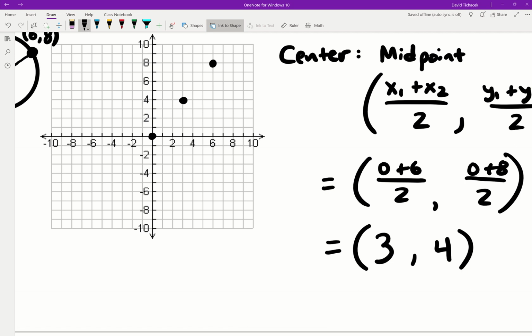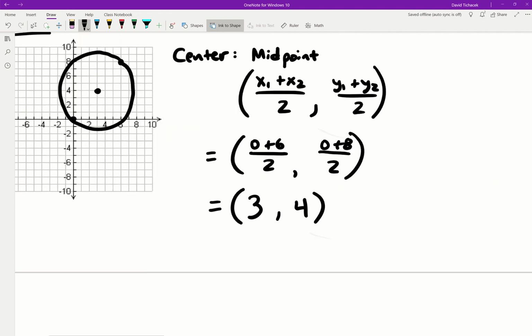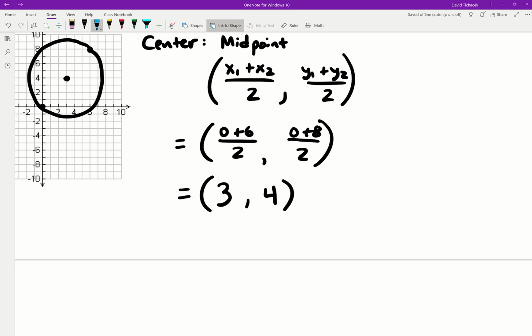So there we go. And we can go ahead and approximate the rest of this circle by just doing a rough sketch. It doesn't have to be perfect. Okay, well, that's not too bad. All right, so my center is a point with coordinates 3, 4, and just remember that whenever we skip to later doing the general equation, this corresponds to those coordinates of h and k that we need to put into our equation later on,